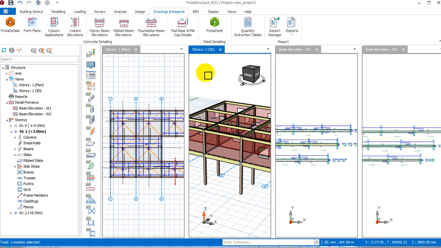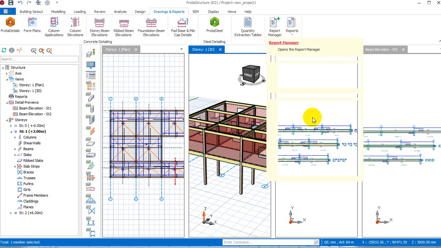Now you can see after clicking on my beam elevation, my beam detailing just displayed. This is for ST1, that is for story 1. The ST2, if I shift this, you can see beam elevation ST2, that's for story 2. So you can just click on it